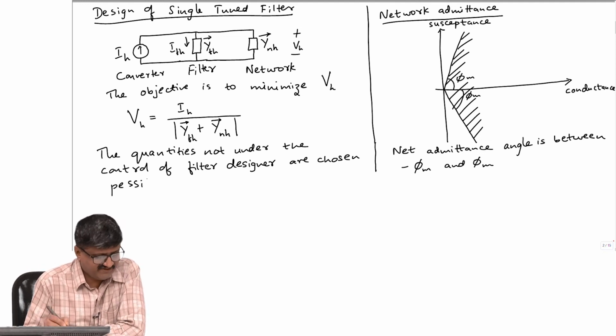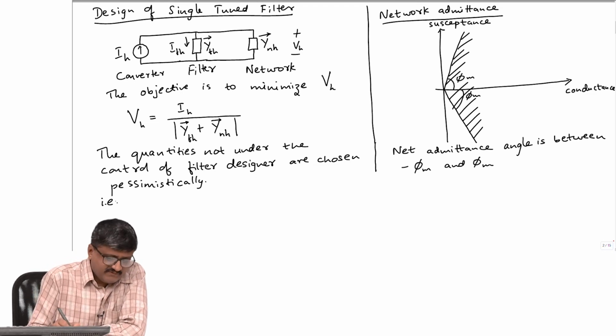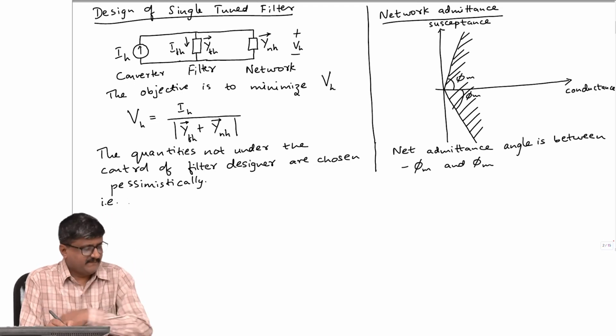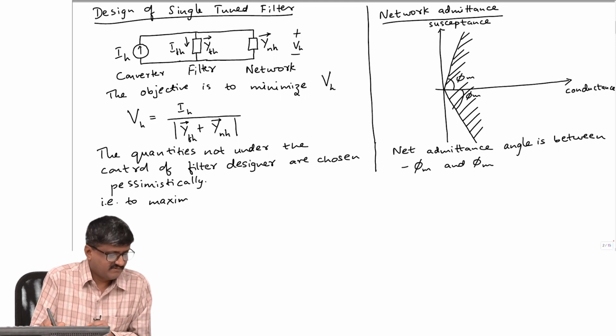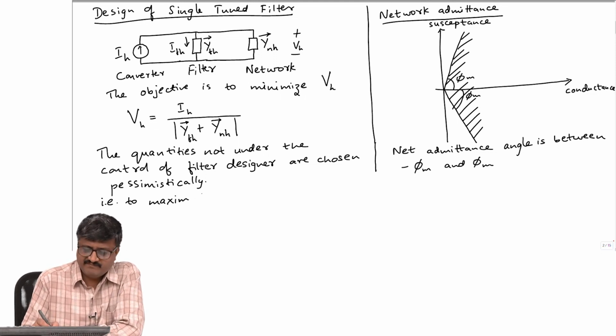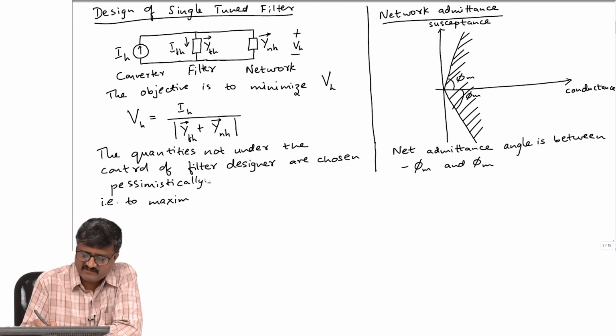That means we are choosing the worst case, pessimistic. So, that means to maximize VH. So, say our objective is to minimize VH. Pessimistically means, okay, I will remove the comma here, to maximize